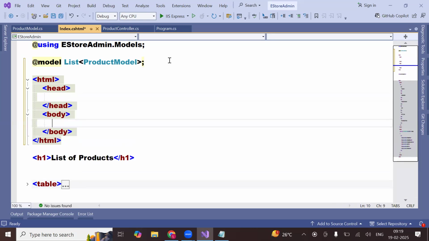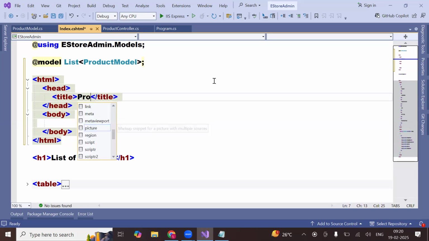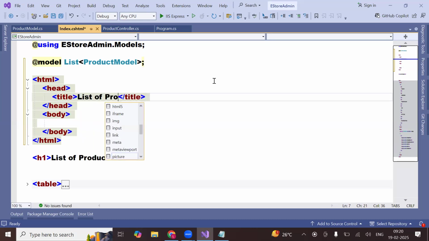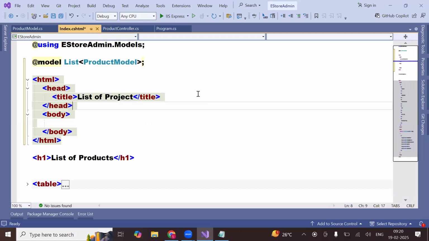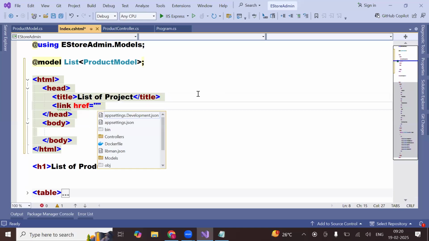Now to work on Bootstrap, what do I need to do? I need to link the project script. First, I have to create a title. I say list of products. That is your page title. Okay. And then you will embed a link, href equal to